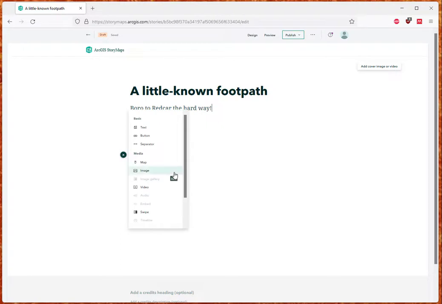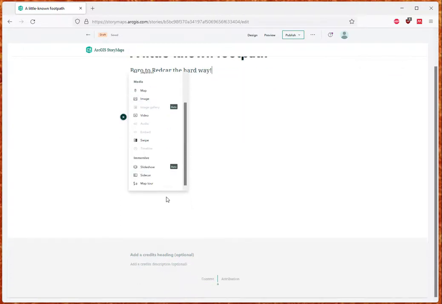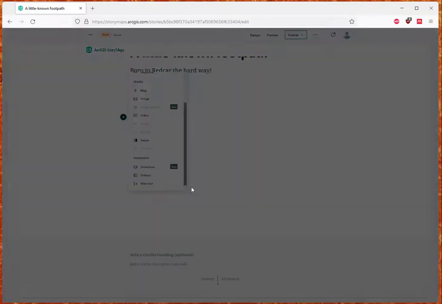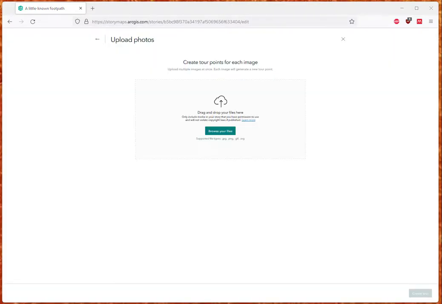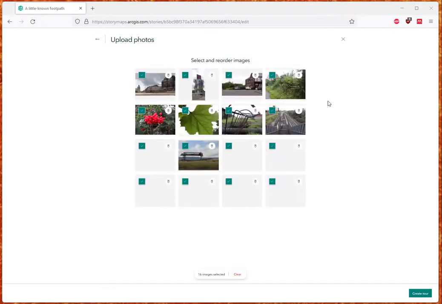A number of options here. I'm going to go straight down to the most basic one, which is Map Tour. Click on that, and I'm going to upload some photographs. Now this will take a little while, so I will just start it and I'll pause the video while that works. So there's about 15 photos there